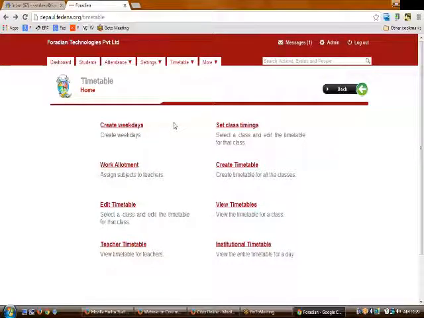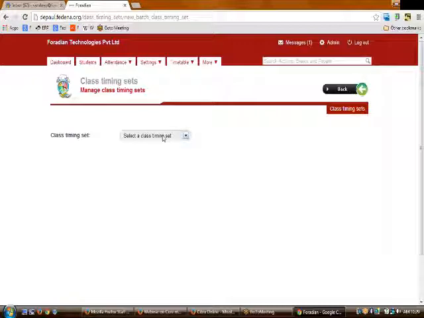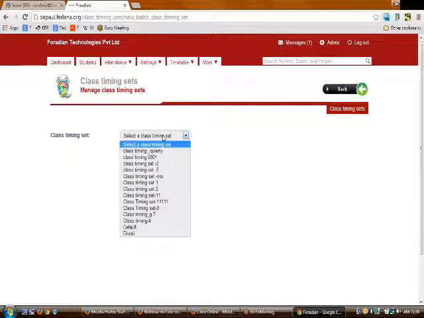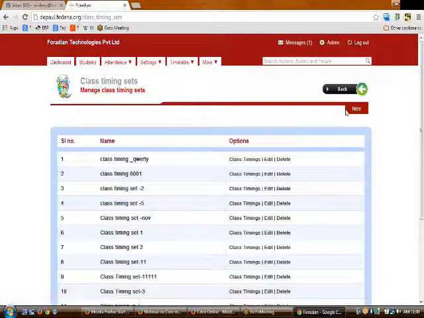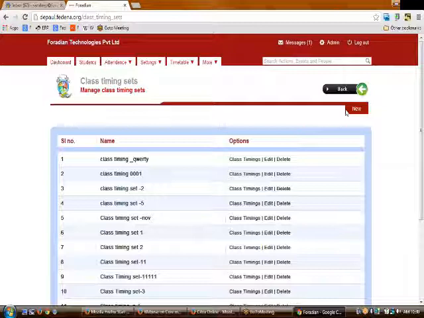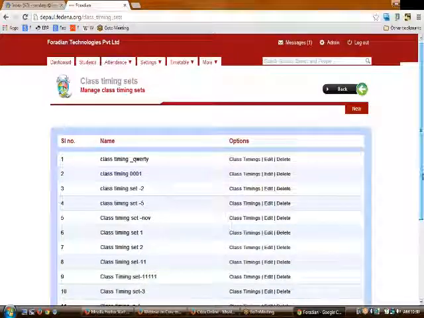Once you have finished creating the weekdays, now you need to create some class timings. The class timing set is basically the type of set in which you create different class timings, like different periods. Period 1 should be scheduled from this time to this time, Period 2 from this time to this time, and so on. Once all the class timing sets are done, you need to assign the class timing set to all the batches available. Let us say in this particular class timing set,